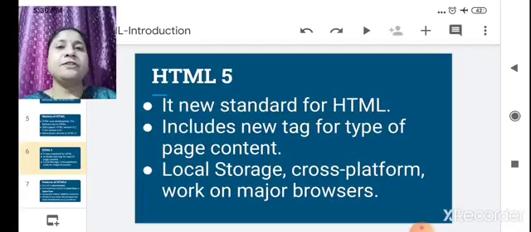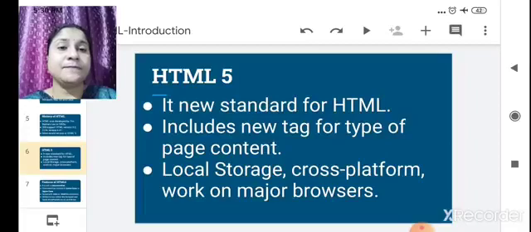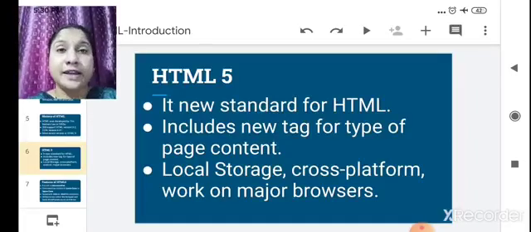HTML5 is a new standard for HTML. It is an improved version of the previous version, which includes new tags for types of page and contains better support for audio, video and drawing capabilities.